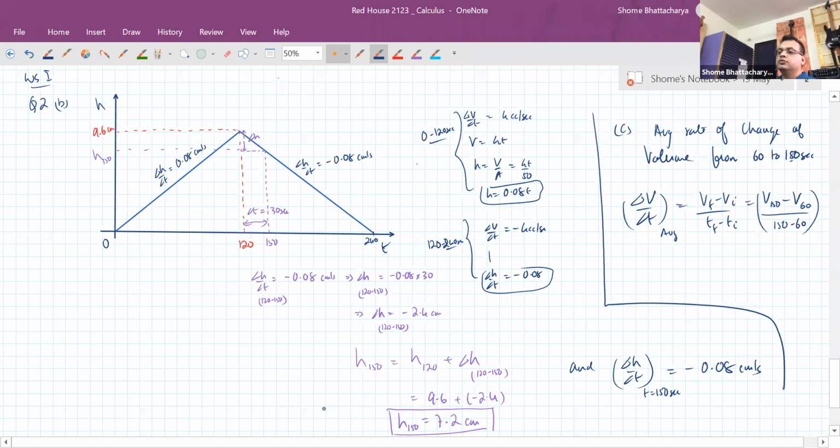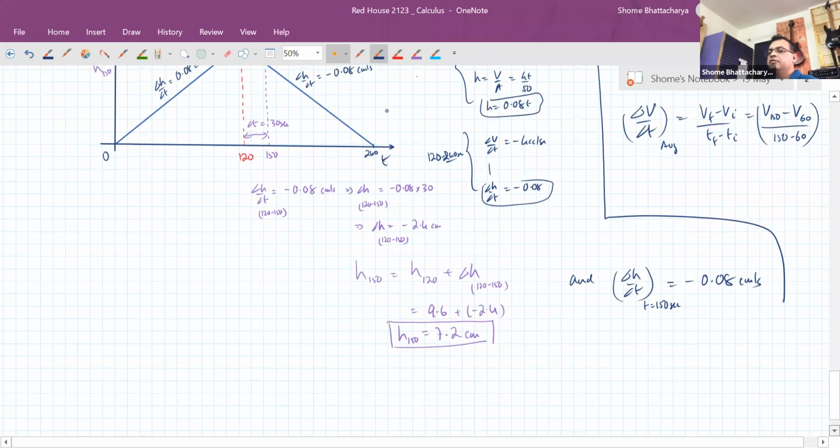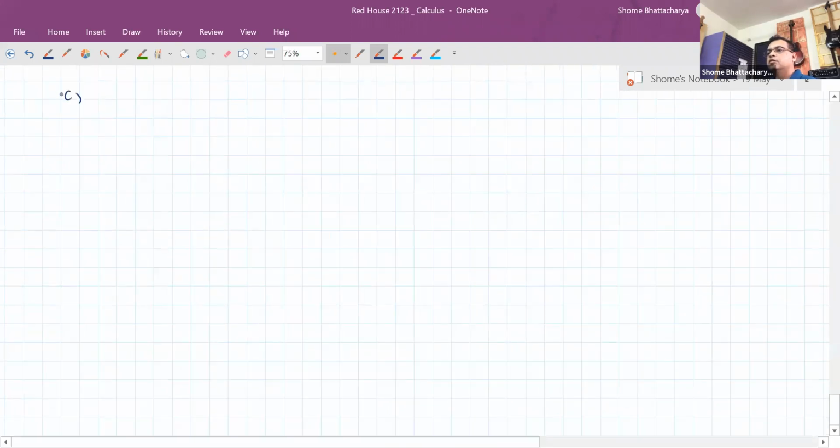So this is what we have to do. Okay. So instead of this H versus T graph, we will refer to the volume versus time graph, which has the same shape, but just that it's in terms of volume and time. Okay. So we've seen that the volume,